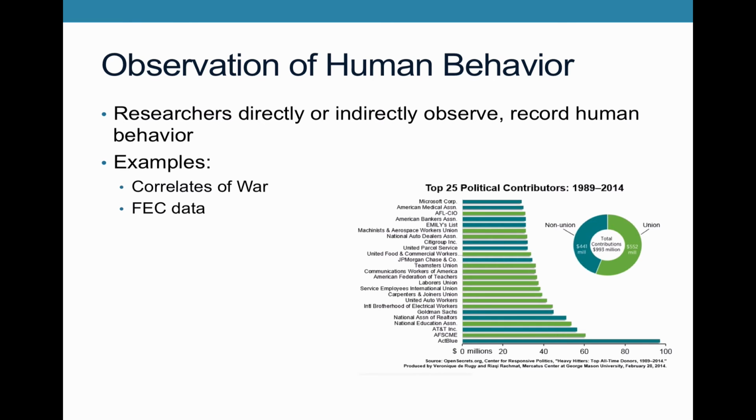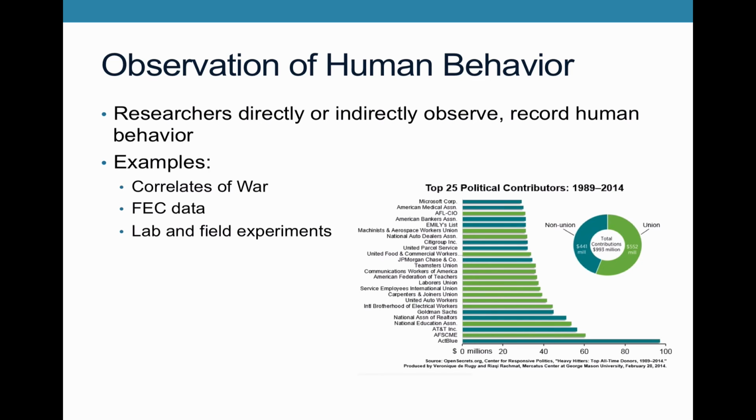Or you could have the FEC. So the FEC releases a lot of data sets that political scientists use that include not only election results, but also data about, say, campaign contributions. And so the FEC collects this data, and you could use it to look at, say, here, the example of corporations that have made contributions to PACs. So this is a data set that indirectly observes what people have done in terms of their contributions to political